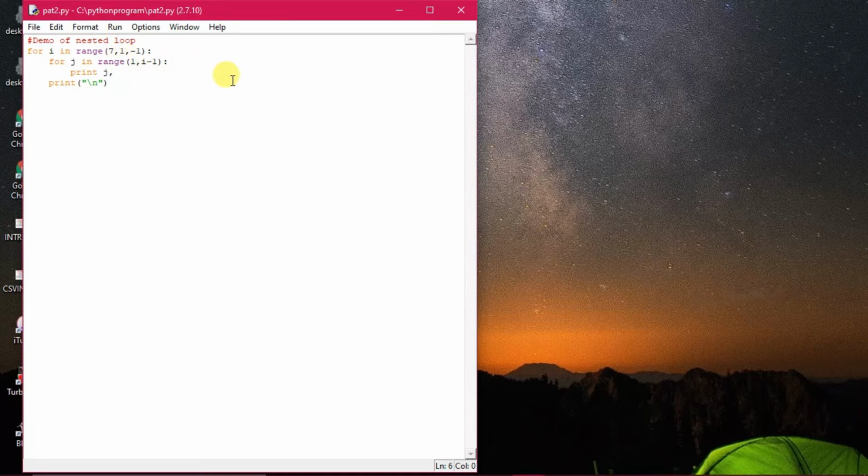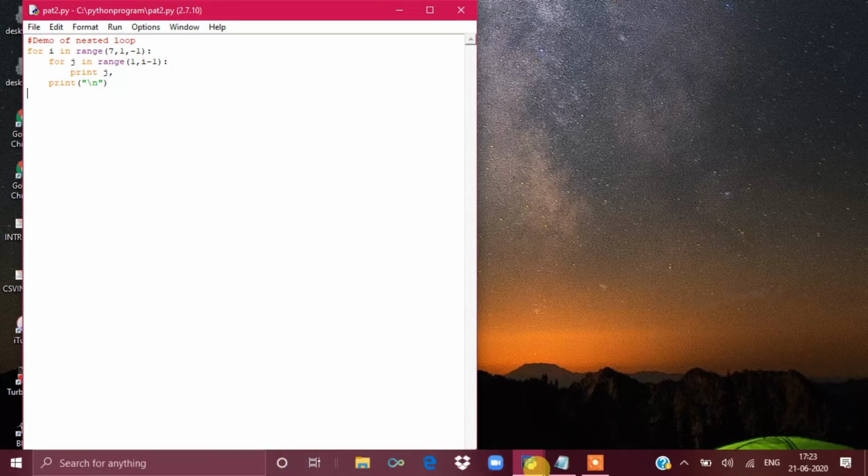That means 1 2 3 4 5 will be printed for the first value. When the value of i is 6 next time, then 1 to 6 minus 1, that is 5, so 1 to 5 means 1 2 3 4 will be printed. In that way, because the range function always stops 1 less.